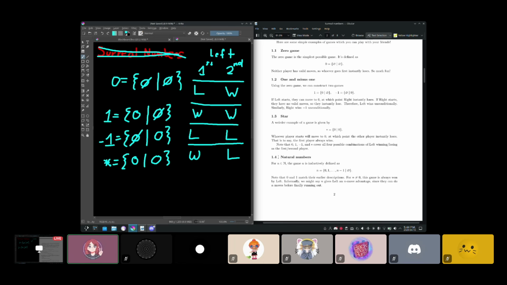So another example I wanted to talk about are the natural numbers. You can encode natural numbers as games. We already saw one, but we can really do any natural number. The way this encoding works is that n is going to be the set of 0, 1, 2, all the way to n minus 1. Those are the moves for left, and right has absolutely nothing to work with. It's easy to see that n is the same type of game as 1 is, in the sense that, for n other than 0, left always wins.